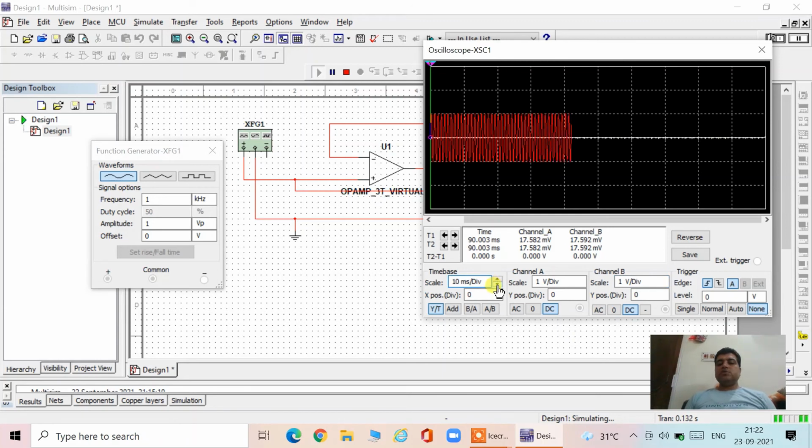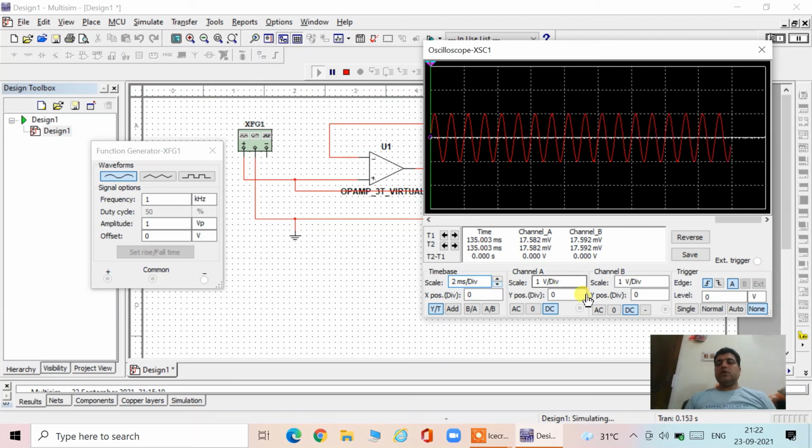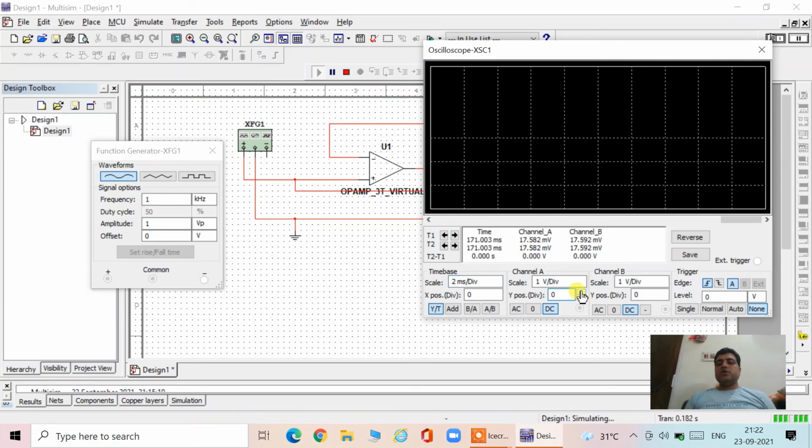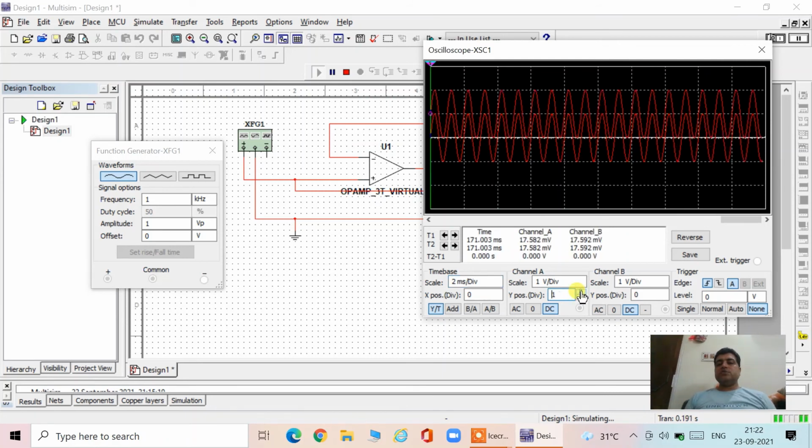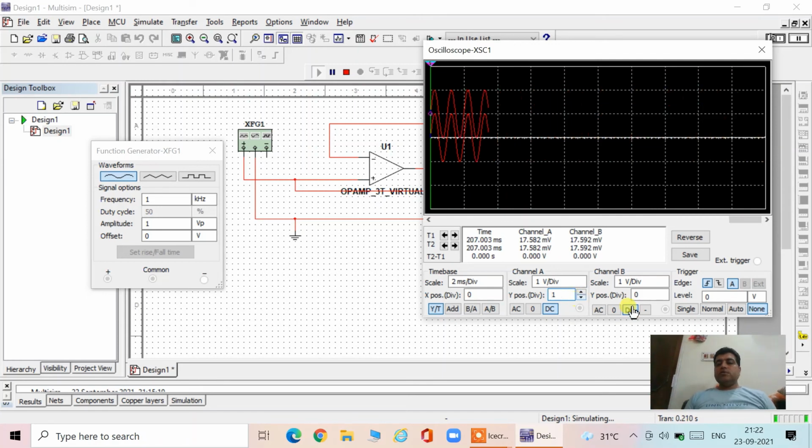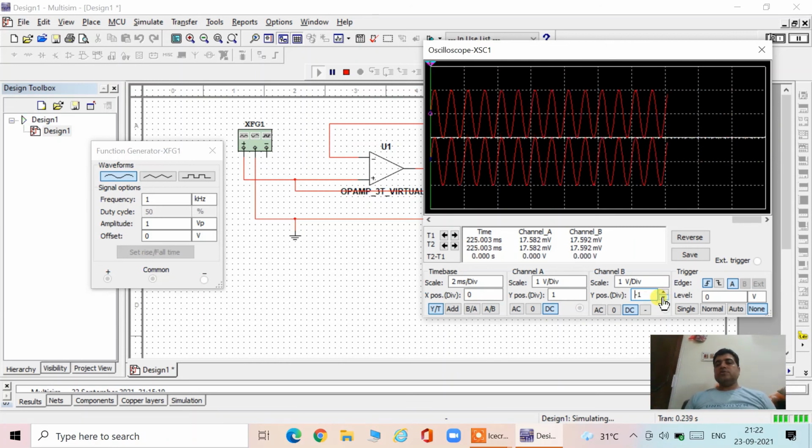For this I am changing the time base. You can see it. Now I am shifting the waveform using Y position. So I am increasing the values. You can see the waveform is going up. Similarly I am doing it for channel B, which is the input one. You can see.